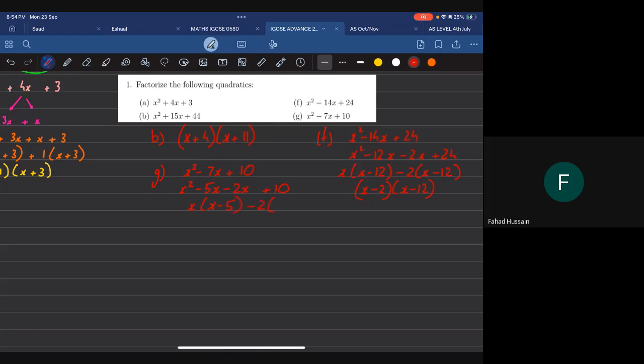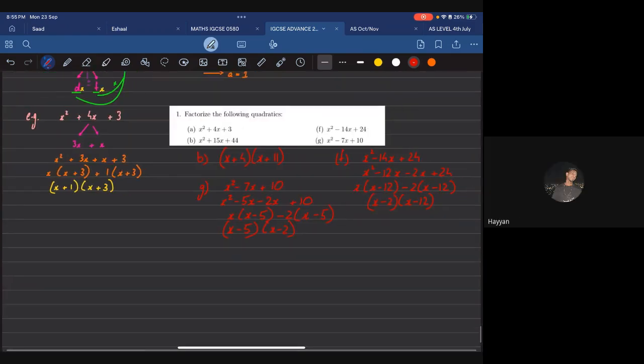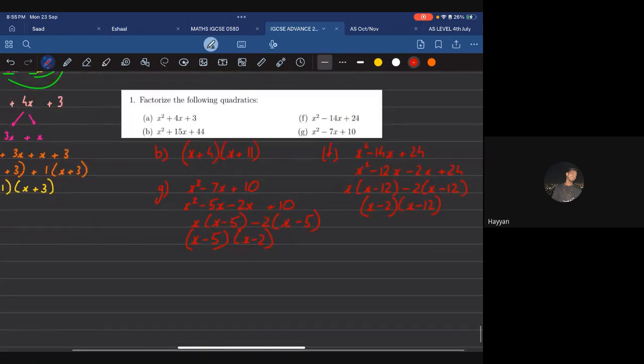Now, why am I taking minus 2 outside? The same reason as the previous one. This minus taken outside, so that they make plus in the end. So that is the mistake that you did, Hayan. All right. So it's going to be minus 5. So the answer should be x minus 5, x minus 2, or however you've written it. You can do it the other way as well. Ayan, is this clear? Yes. All right. Any questions regarding this? Hello. Anyone with any questions? All right. So we're done with these.